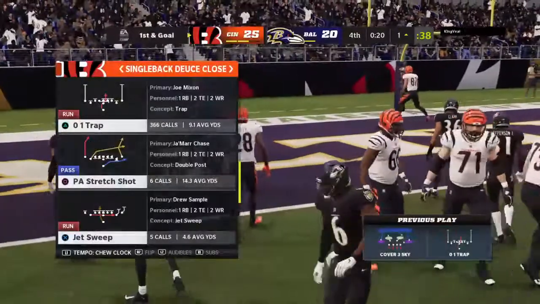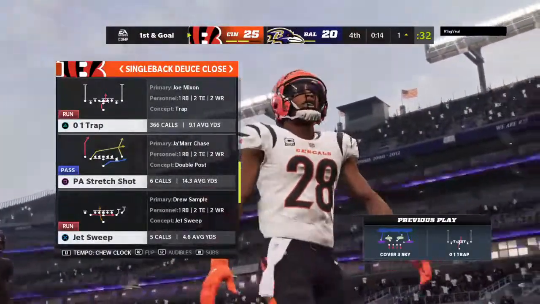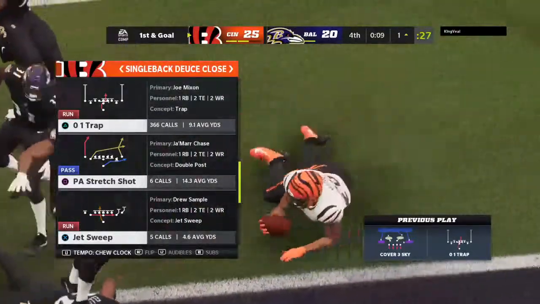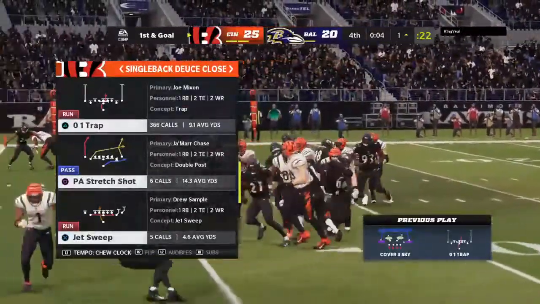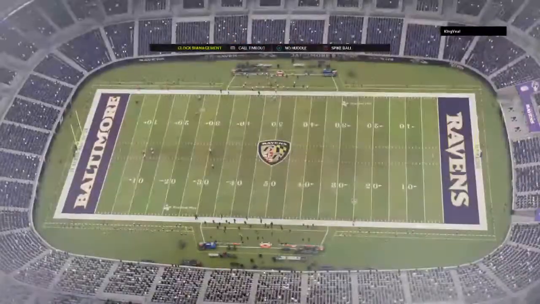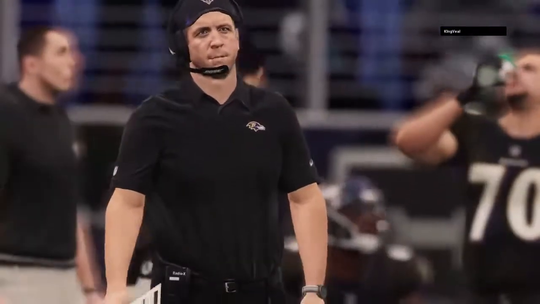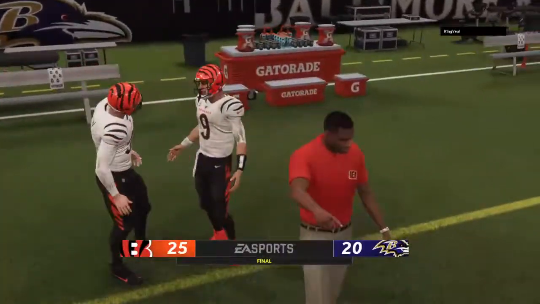On 3rd down. But he did get the 1st down as he's tackled at the 1. So this one in the win column now for the Cincinnati Bengals. And I tell you, these division games are never for the faint of heart, but they come through with a tight victory here on the road. And you find yourself working